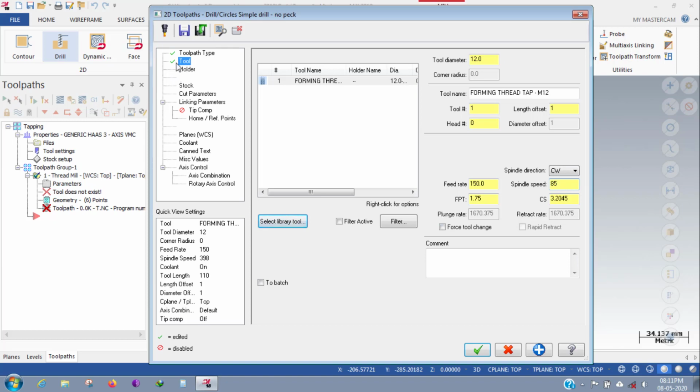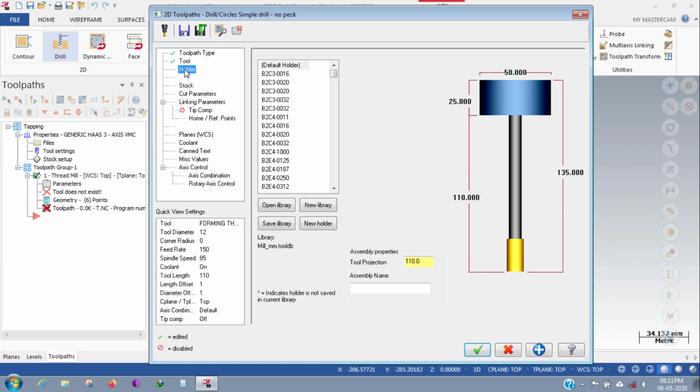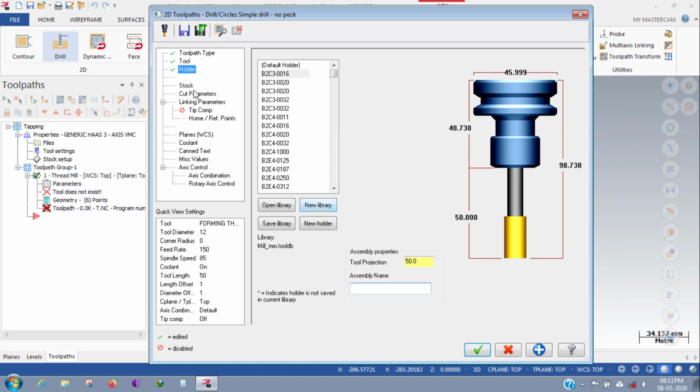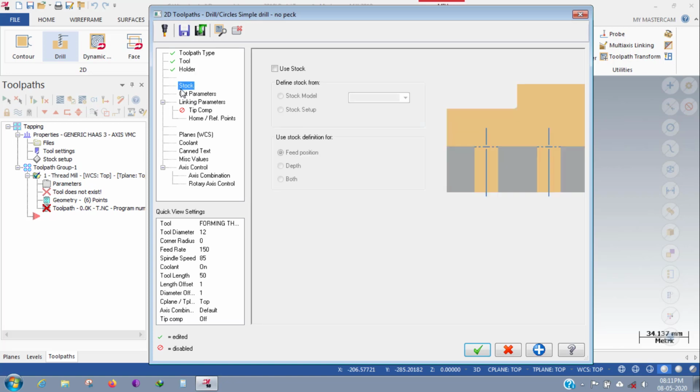Going with the holder, the total overall length I require is only 50 mm, and going with the stock and going with the cut